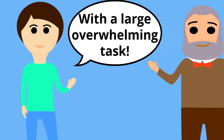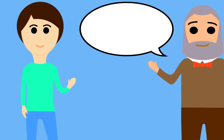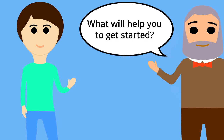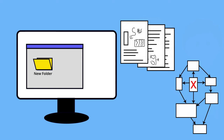It's helpful if the task is so small, like a micro task, that you can achieve it and start to feel a sense of achievement and motivation. For example, when thinking about your introduction for your essay, what's the next thing you need to do in order to start writing? What will help you to get started? It could be that I need to create a new folder in my documents. I need to gather together my notes into one place,